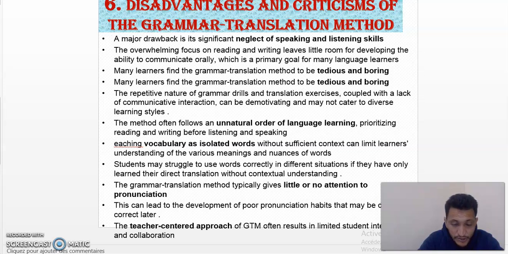This approach is not a learner-centered approach, so there is limited student interaction and collaboration. It doesn't cater for learning styles and interests, because some students want to engage in communicative situations, because students want to speak the language and make use of the language. Students find problems in using the target vocabulary items or the target structures because they don't